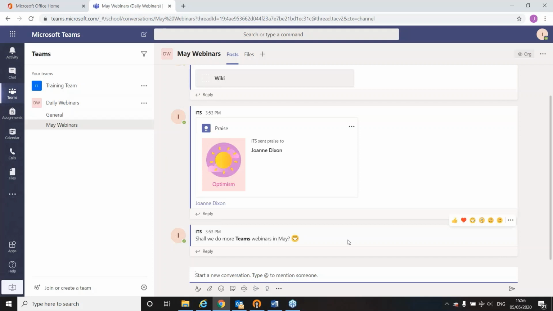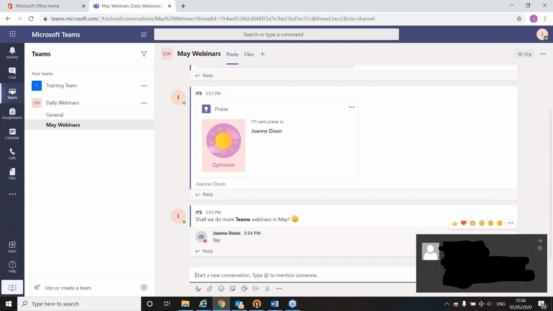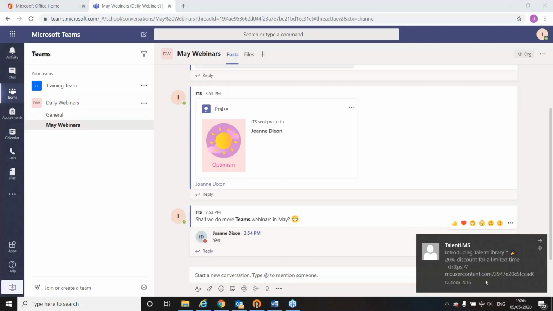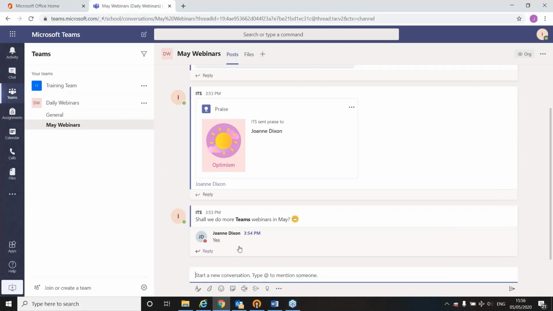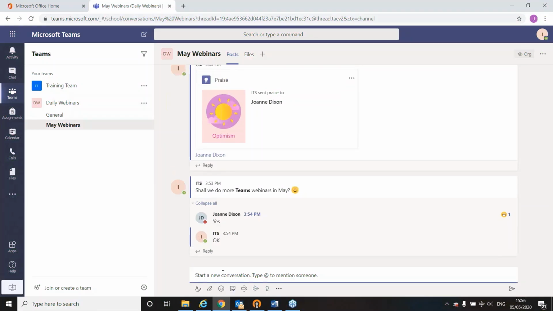Any replies that come in, let me just reply to that message. So Joanne Dixon has said yes. And you can reply to that reply and so on and create a conversation thread. As with social media, you can react. By hovering over the message, you can add reactions, little emojis, so that instead of replying, you just put a little icon on. And using at mentions down at the bottom,